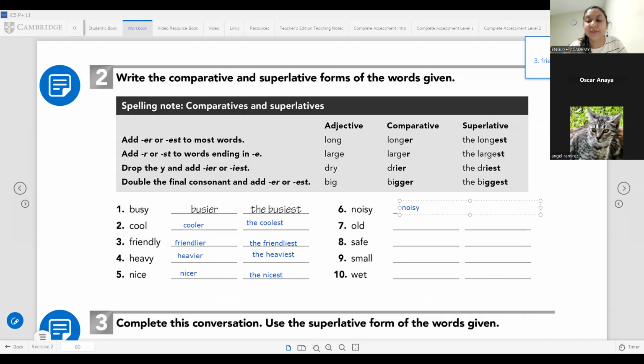Noisy, Angel, ends in y. Noisier. Exactly. And in the superlative form, the noisiest. Exactly. We have less than 1 minute in the meeting, so if it ends, please connect. Let's do it quickly. Older, oldest, the oldest. Safe, safer, safest, the safest. Small,